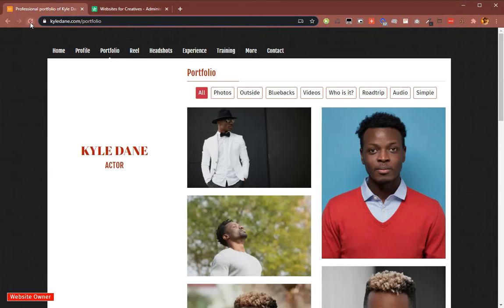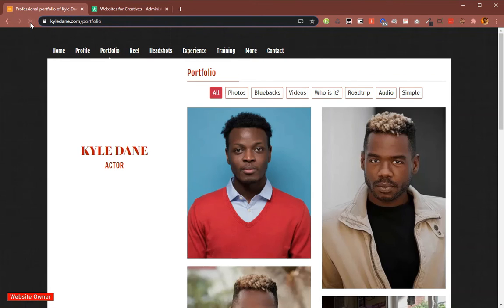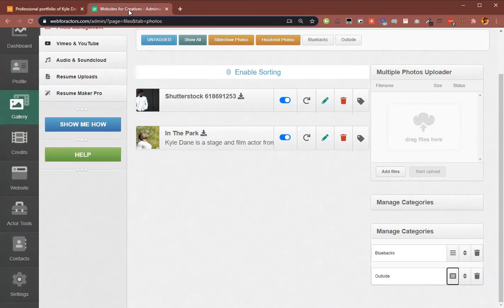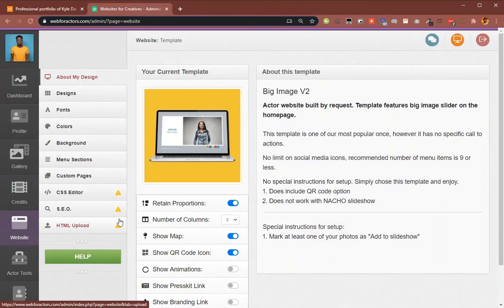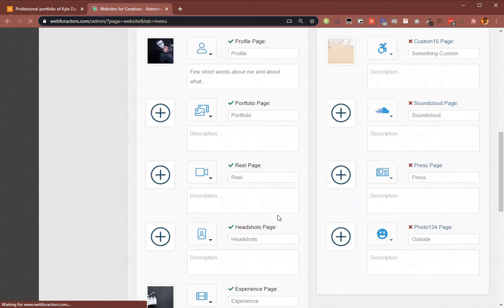And if I reload the page, once again, outside is gone from here, but it's not appearing in the menu. So for that, we need to go back and figure out where we want to place it in the menu. So we will go back to menu sections and drag in